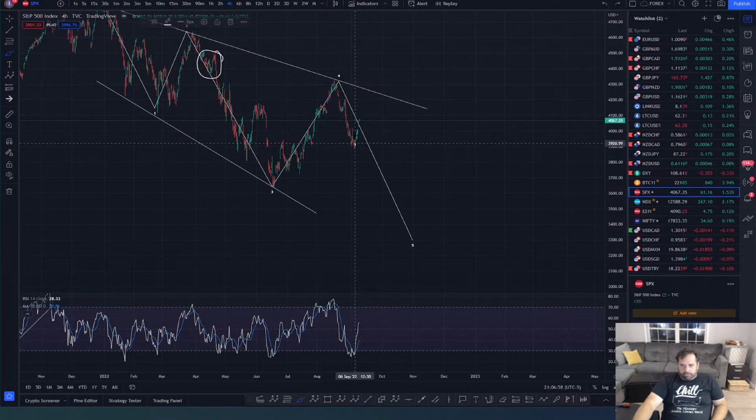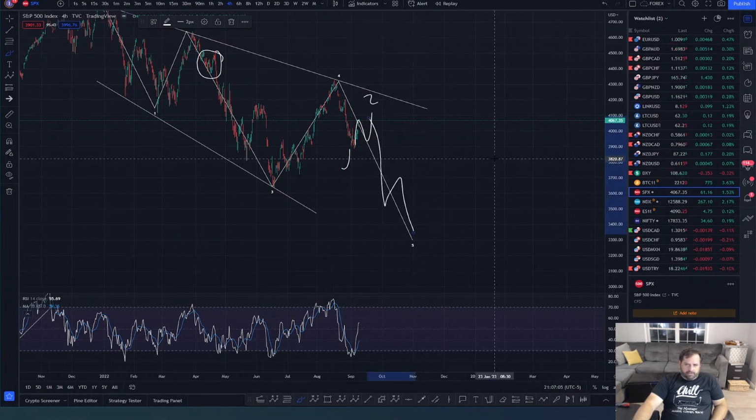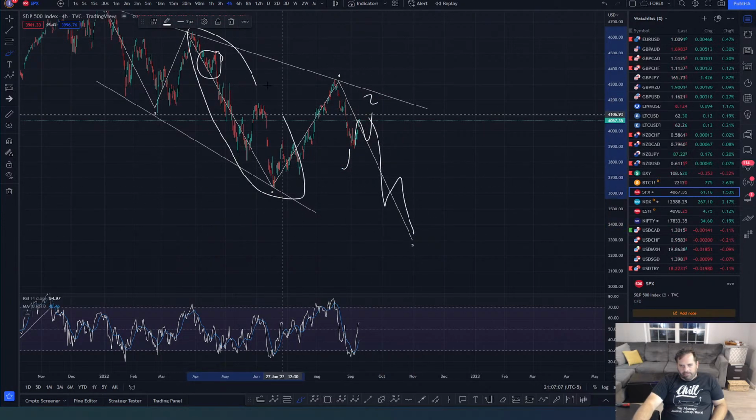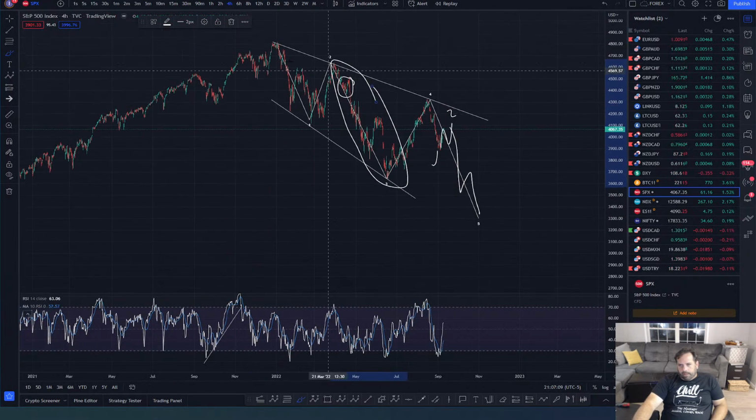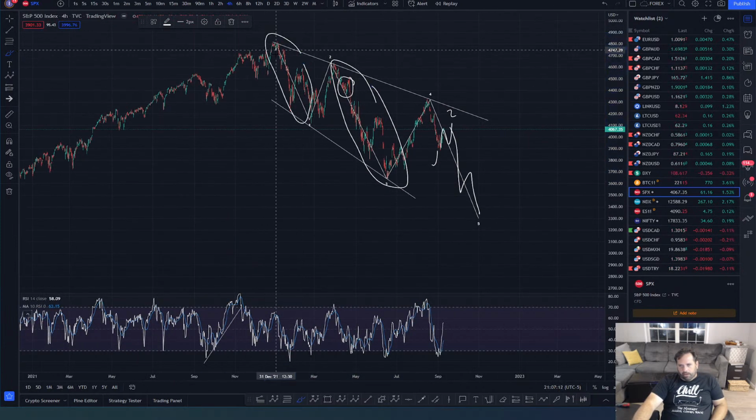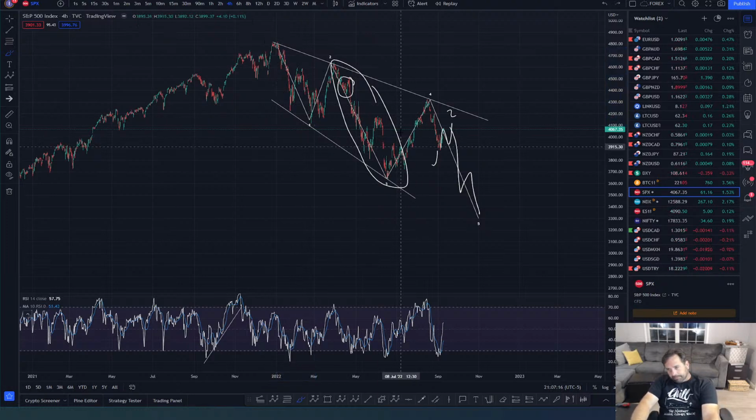This may not be a finished three-wave move. So this may take a little while to make but that's still a 1, 2. We get a 3, 4, 5 to finish that out. Just like we got 5 waves here. And we got 5 waves here as well. This was a leading diag right there. So I would expect this.